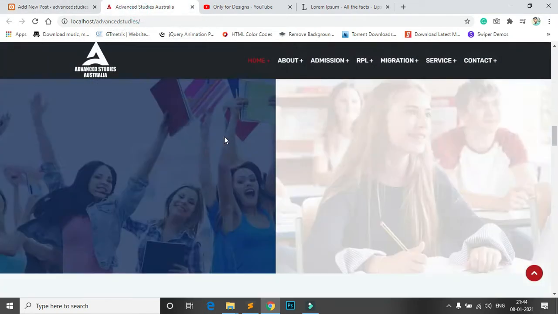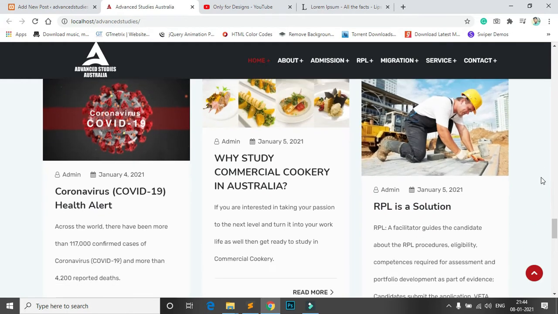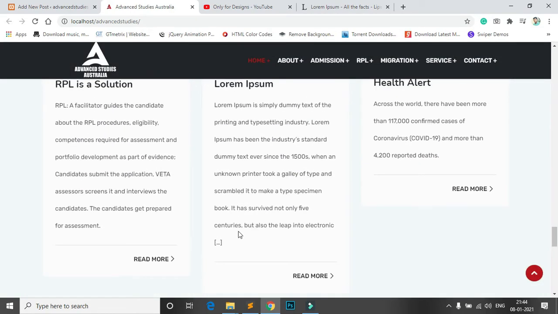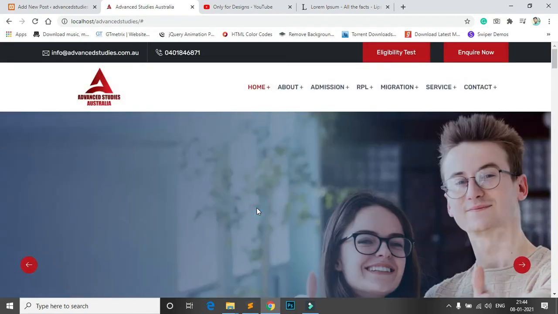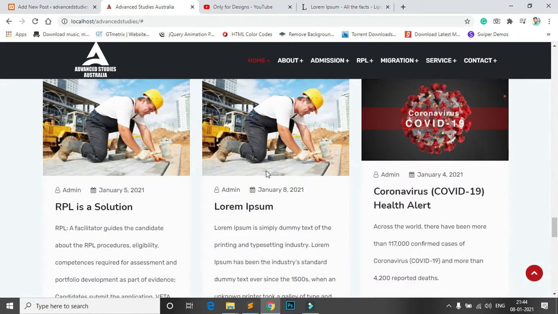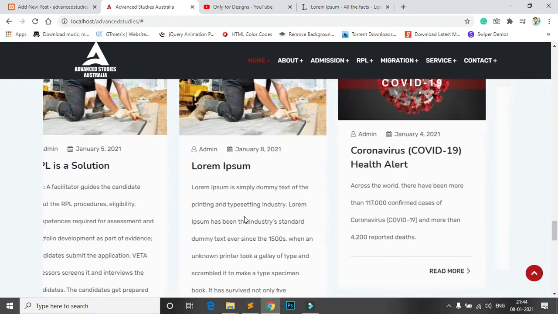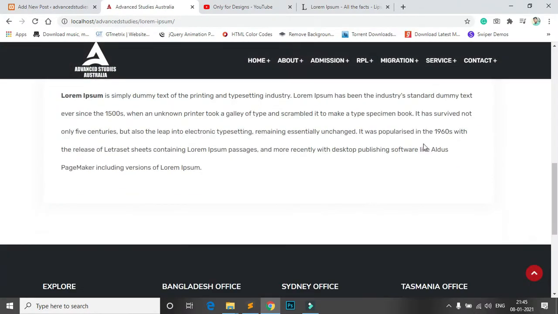You can see here I already used this image. Okay, don't worry. If you refresh here, you can see this blog. I can add this now. January 8, today's date. Then click the read more button. Oh, sorry. Where is the read more button? Read more. This is the page, but I need a share button here.